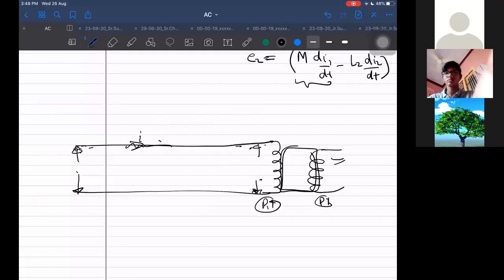And power is composed of two components, one is V and one is I. Out of that, if I try to increase I, then because the wires are running over a long distance, the resistance will be more. So I square R losses will become more. I don't want those losses to be there. So I will keep I less. Then power will become more only by keeping voltage more. So I will keep voltage more and current less, so that the power dissipated in the long wires will be less. Understood?